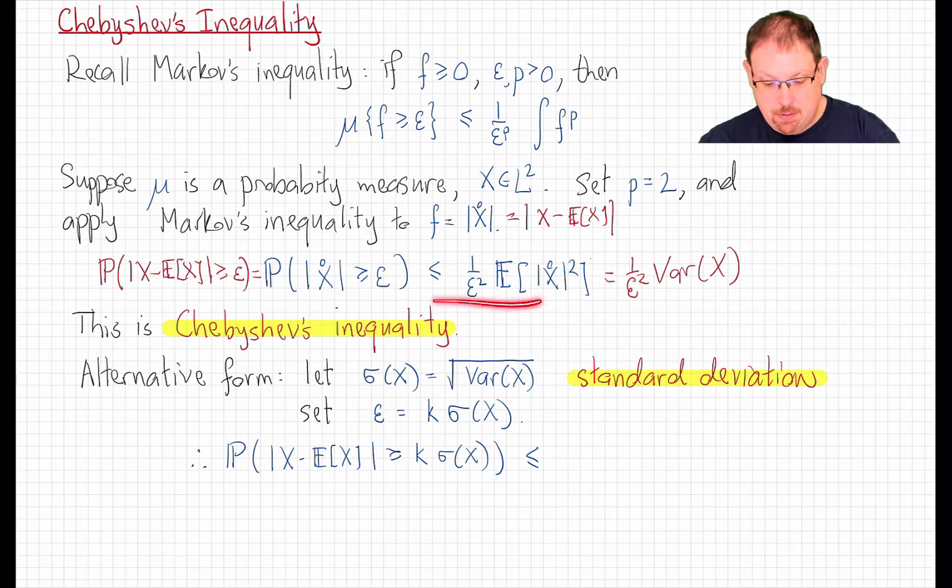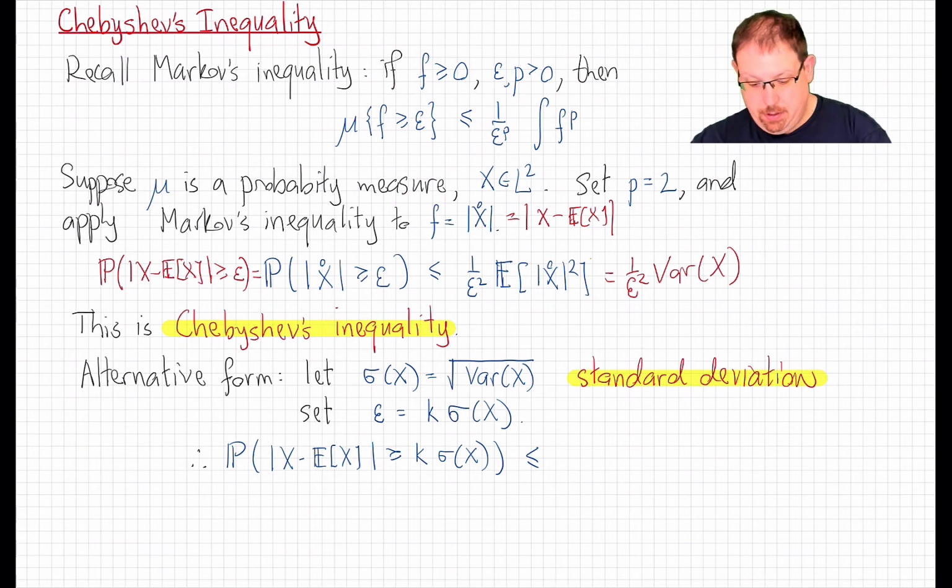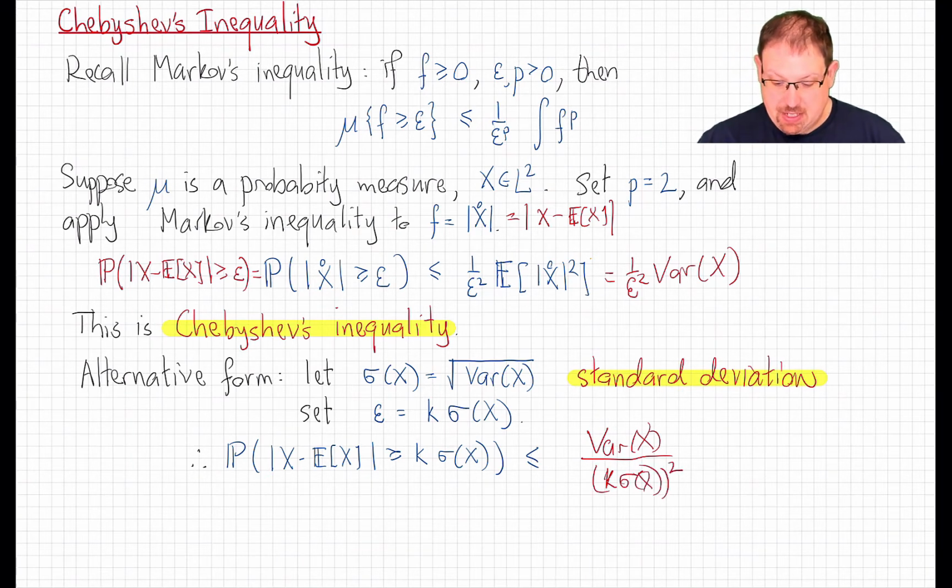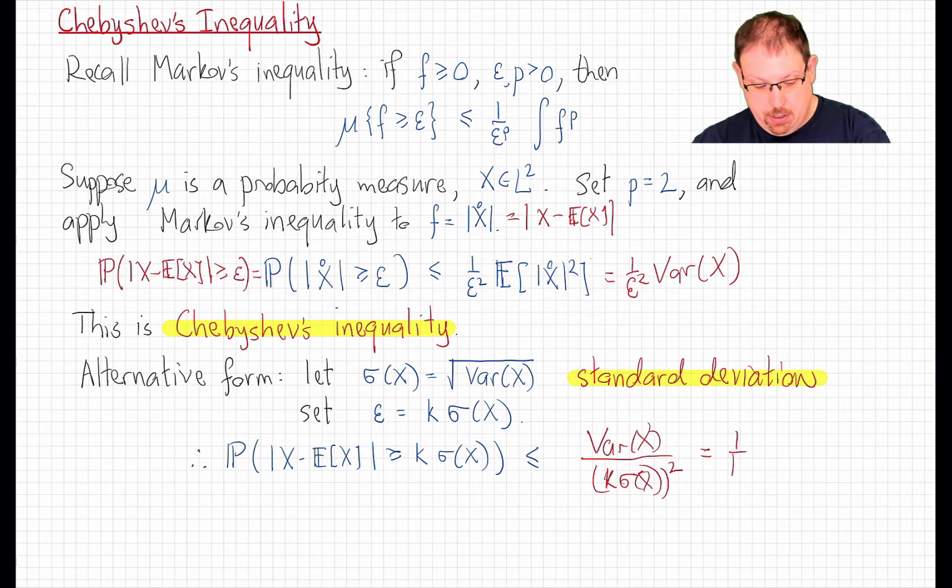Then in Chebyshev's inequality, if we substitute epsilon equal to some positive number k times the standard deviation of x, what Chebyshev's inequality says is that the probability that centered x in absolute value exceeds k times the standard deviation of x is less than or equal to the variance of x divided by k times the standard deviation of x, squared. But the standard deviation of x squared is the variance of x, so that's just 1 over